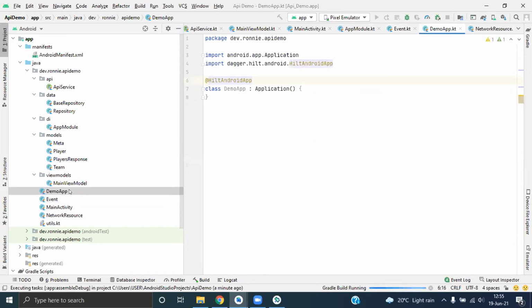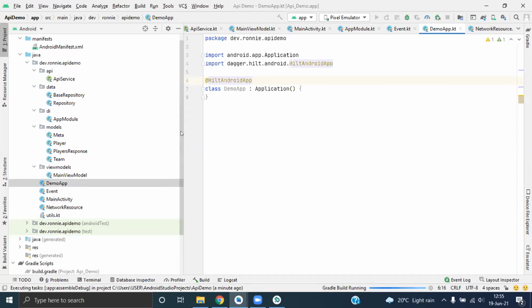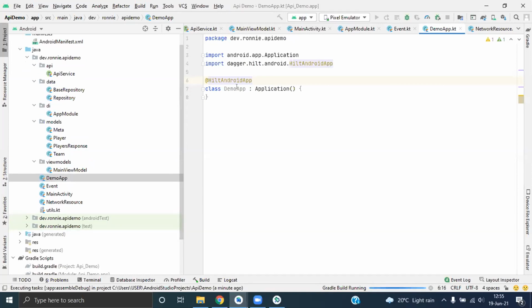I have a question. Yeah. How does Dagger inject the ViewModel in your activity? In Koin we use by inject or by viewModel, but I've seen you just using viewModels from KTX.